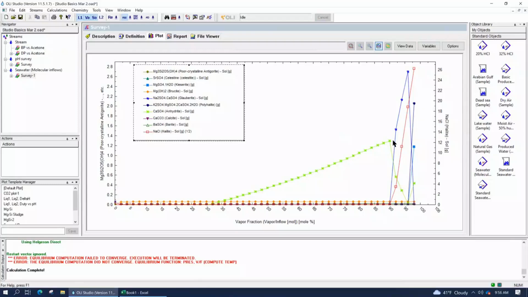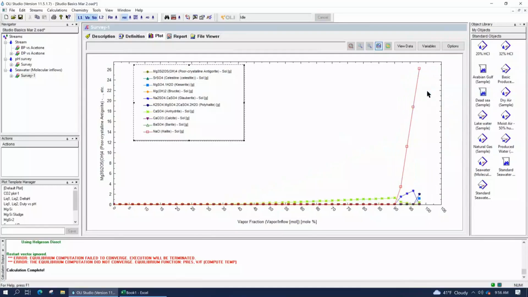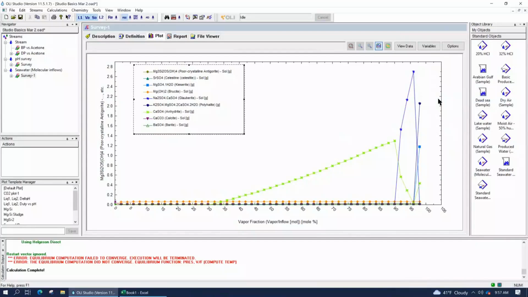Okay, now there's a third way. I want you guys to go back around. Sodium chloride, in this case, is the open box. So I'm going to put the sodium chloride back into the Y1 axis to get back to where I originally was. The third thing you can do is right mouse click on the symbol again and just remove it, rather than having to go into variables, just remove that phase.